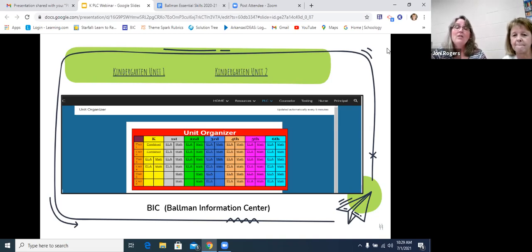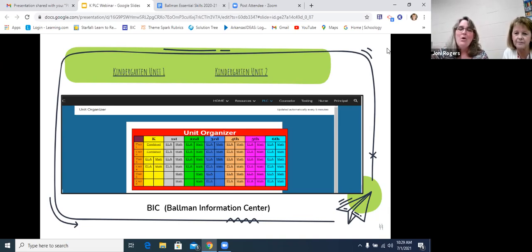So there are some things that we are told that we will do, and we do it, but the bottom line is we want to introduce all of our skills, but we want to concentrate mastery on those essential skills. Sometimes we look at it and think, you can be a productive citizen even if you do not recognize the hexagon shape. There are things that you can just let go.